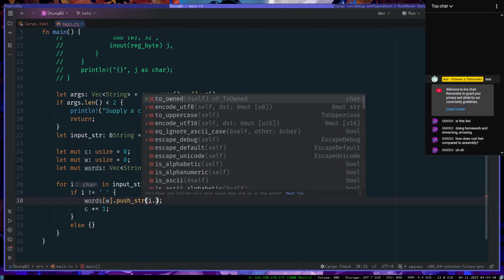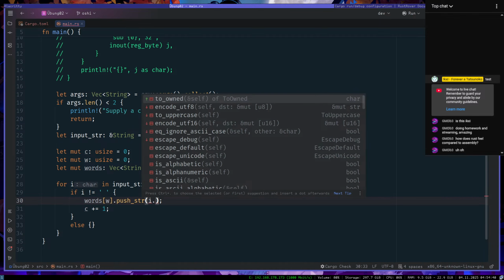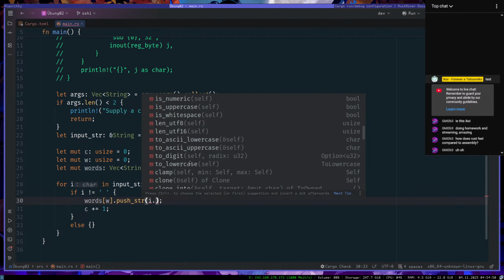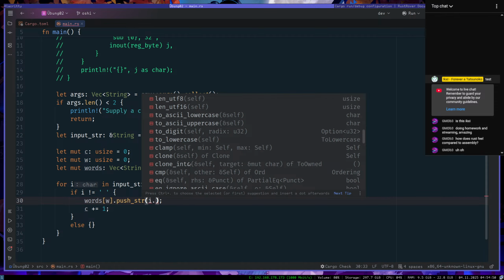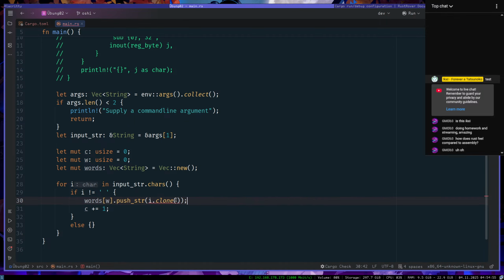Great. To owned? Nope. What can I do here? Yeah, so it's alphabetic, is alphanumeric. Okay, that's all possible. Clone? No, because that's still a type char.